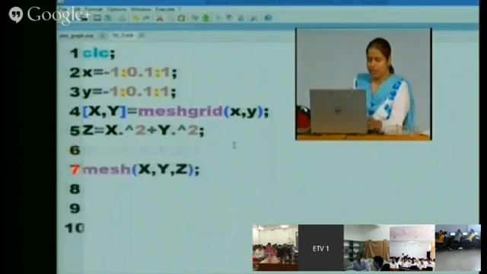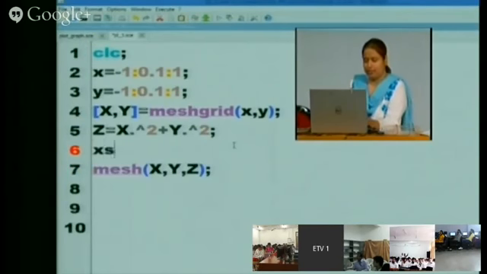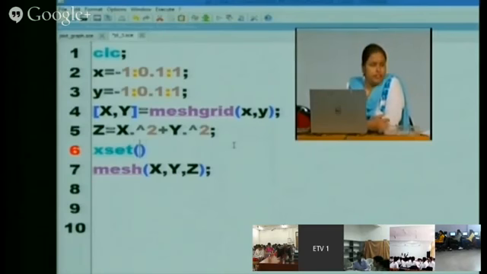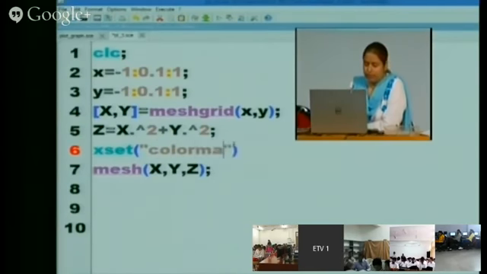So you can use xset. Using xset, you are setting the color map, means you are defining the colors.